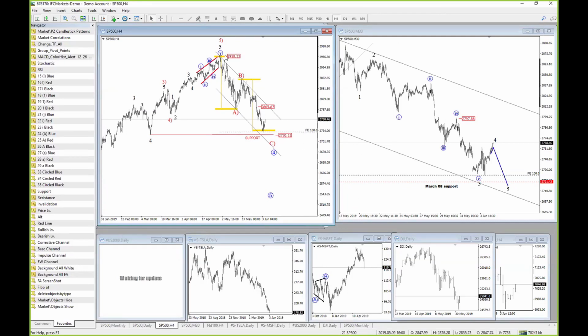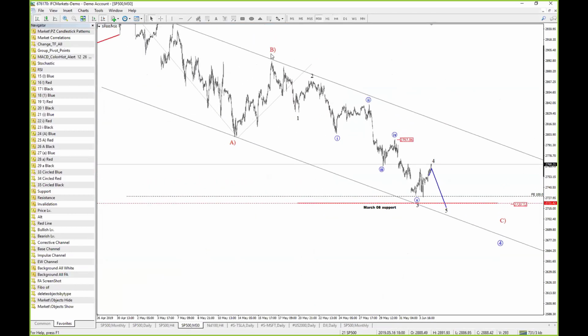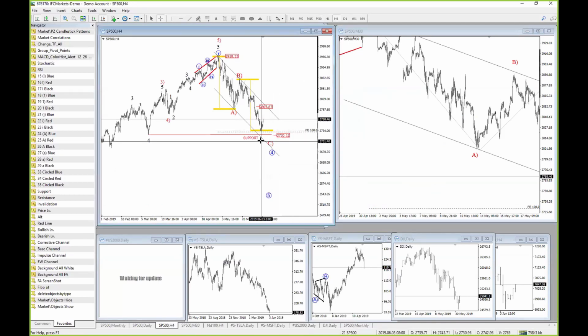Well, I'm also observing these very important levels on both the S&P 500 and the German DAX. As you can see, as you said yourself, we are probably making a third leg of decline, very similar in length compared to the first leg. We are also here at this March 8 swing level. But as I'm looking at the 1 hour chart, I still do not see 5 waves down finished for this wave C. Since we came just close to this level, these March lows, but still didn't spike this out, I'm thinking that there can be another shift lower